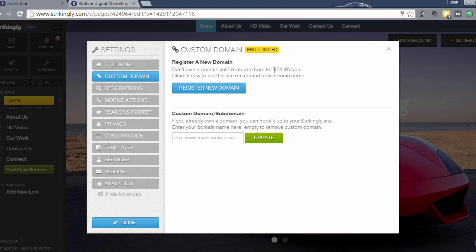Also, if you want custom email address like your name at yourwebsite.com, for me it would be josh@redlinehd.com, then you'll want to register a domain, I think, through another hosting company. This is certainly the easiest way to connect a custom domain. It's not the least expensive. So anyway, this is where you would do it, and we'll do that in the next video. So if you already have your own domain, you can hook it up to your Strikingly site, and you'll need to do a few things once you do that. So I'll show you that in the next video, because I think you want to do this stuff first,